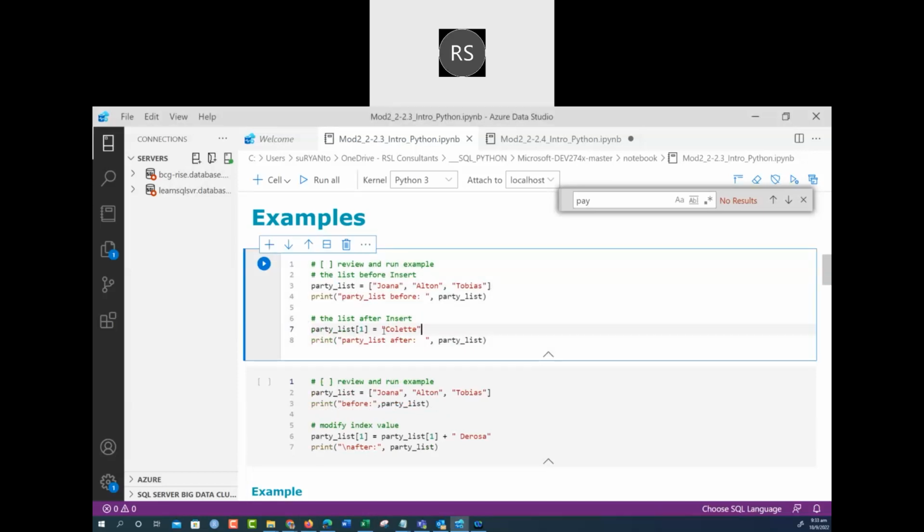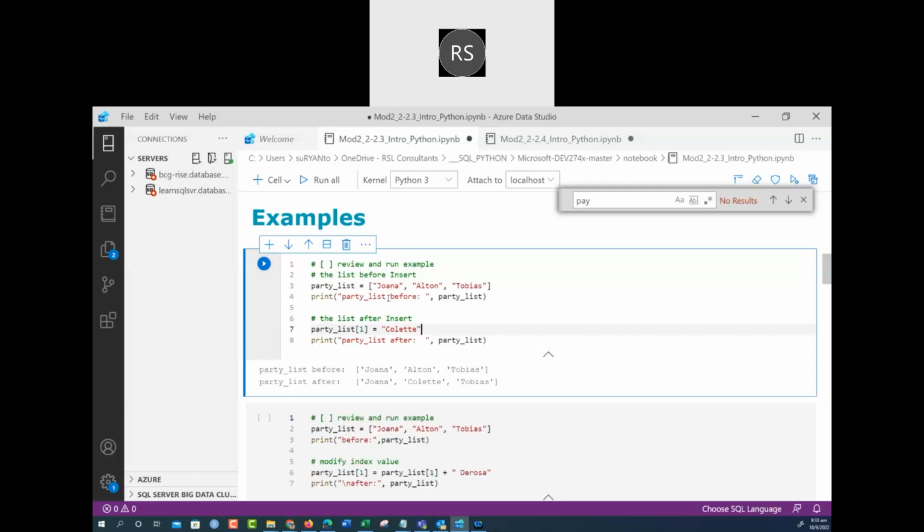But when you insert, then you will see this is before Joanne, Alton, and Tobias. Then you use this one, the list after insert. So the list before insert is this, and then after that the